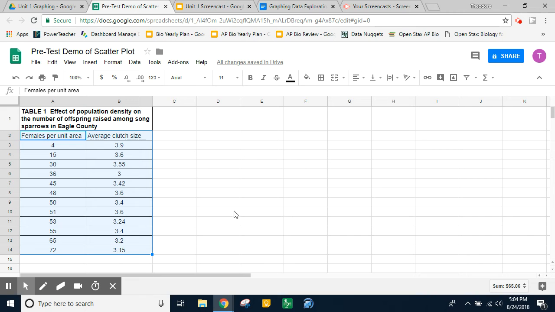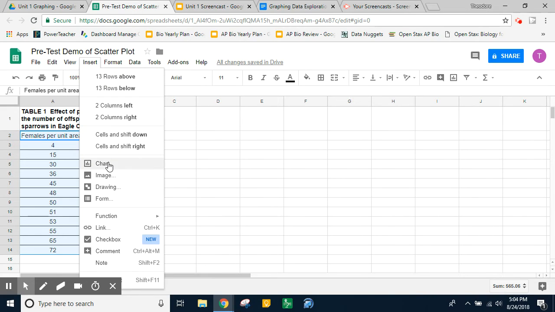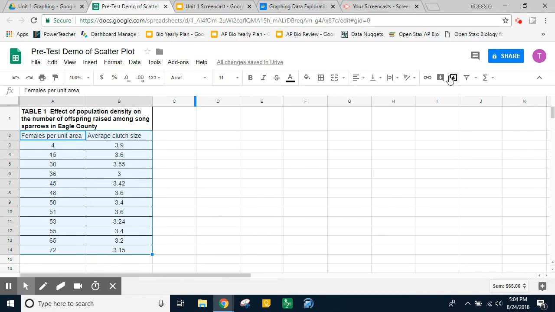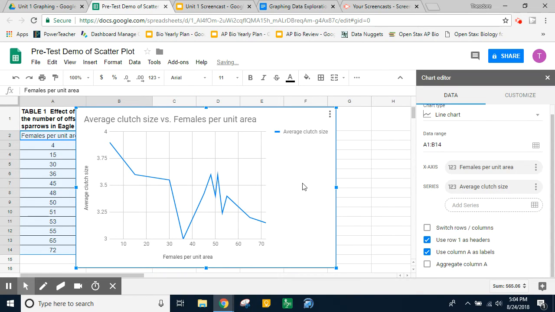From there, I can go to Insert Chart, or I can click on the Insert Chart button on the toolbar. Look for the thing that looks like a graph. Click that. And there we go. So we've got what Google Sheets thinks we want to make. So when I look at this,